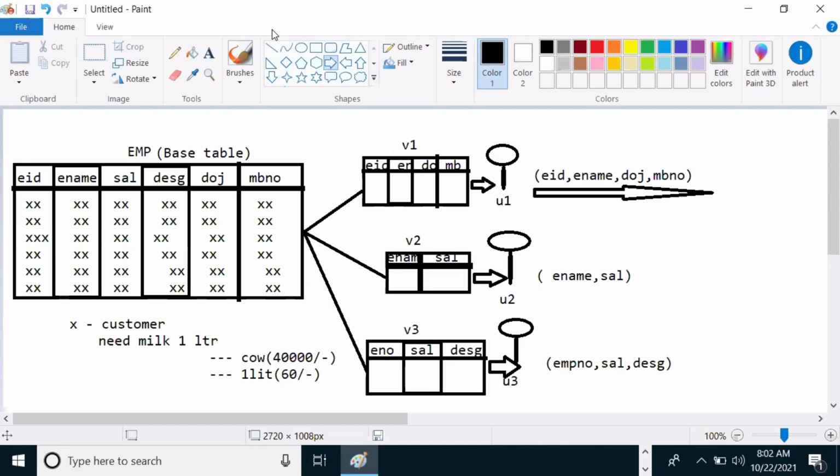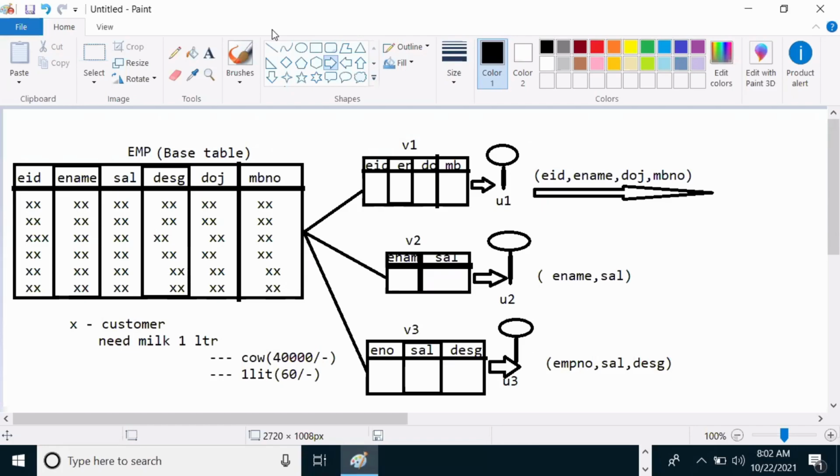Your salary and designation columns data is hidden. So when salary and designation columns are hidden for user 1, user 1 cannot view the employees' salaries or the designation columns data.